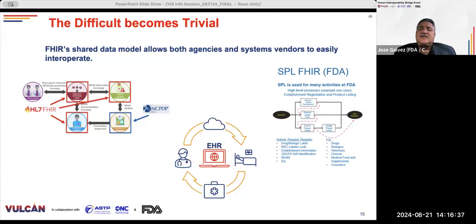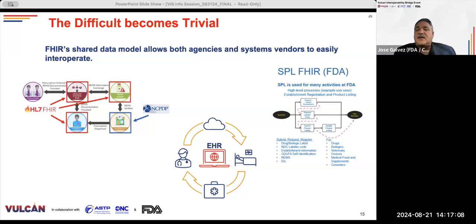We'll have physicians who can actually, if a patient comes in and has an adverse event, report it directly from an EHR or from the pharmacy. Pharmacists could report it directly from their systems, again, using the common infrastructure that something like FHIR gives us. So this is just a few of the examples as to why this is critical for us as a regulatory agency, and why we're so excited that we've got this infrastructure, which now not only brings in the standards used